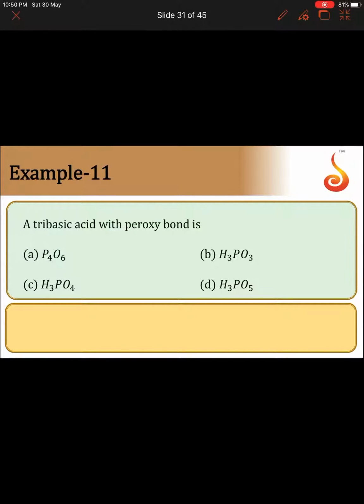A tribasic acid with a peroxy bond is... Here, to identify the answer, first I will give the structures of these four compounds, then we can easily identify the answer. Here P4O6, the structure of the P4O6 is